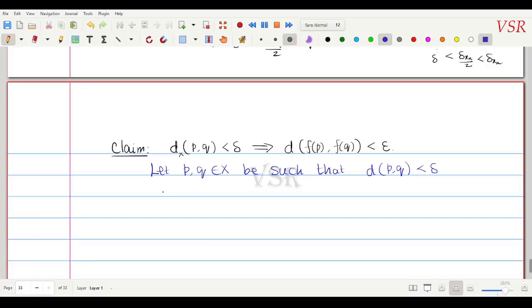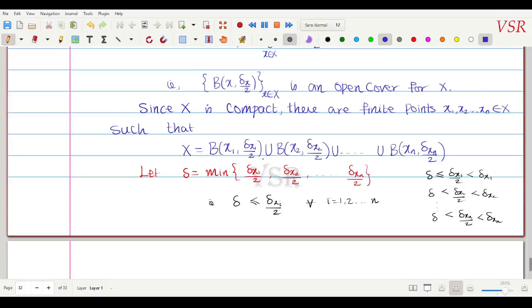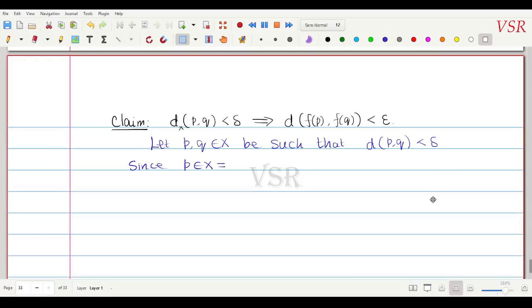Now since p belongs to capital X and capital X is equal to the finite union of the balls,